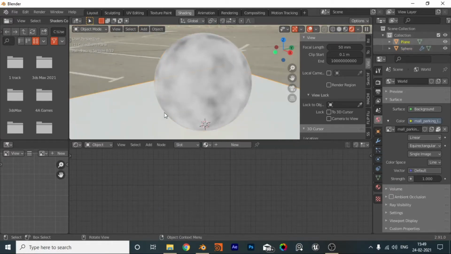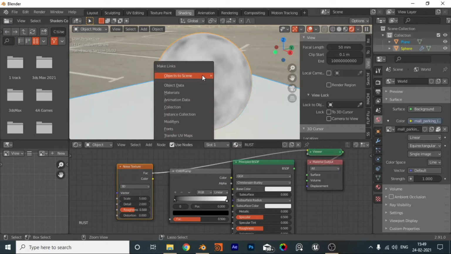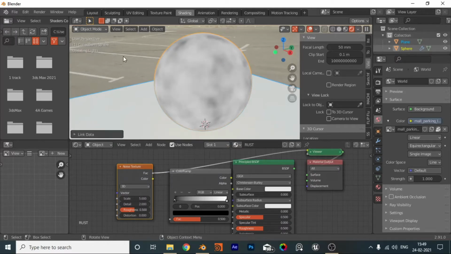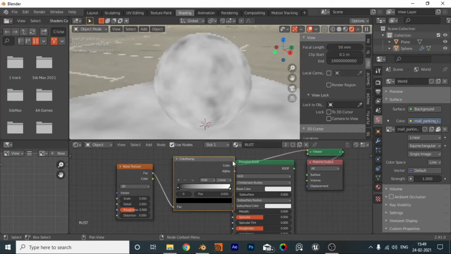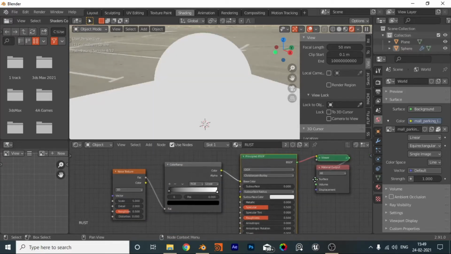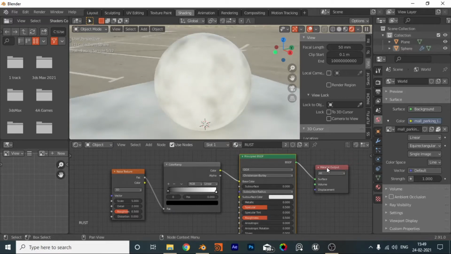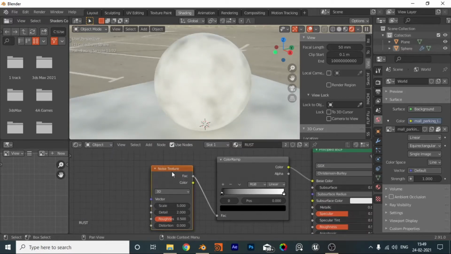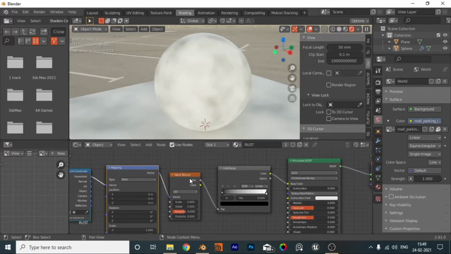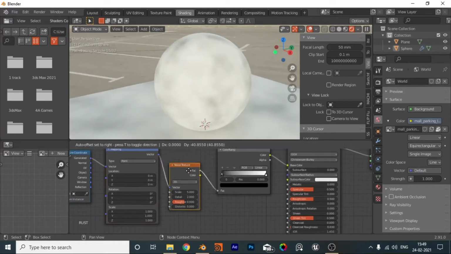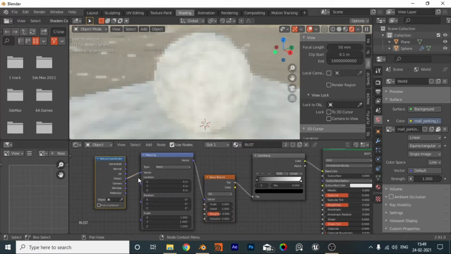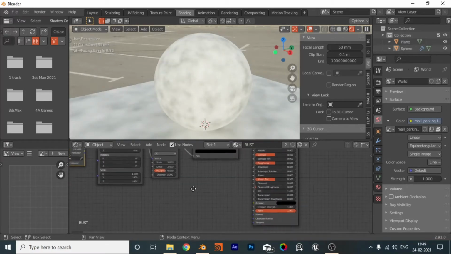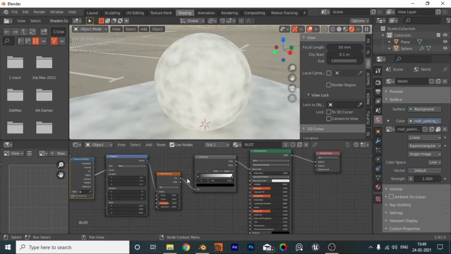Actually this is a mask, and let me just give it also the material of that thing. Now we will just add the color ramp and the Principled BSDF shader. If you have the Node Wrangler add-on enabled, just press Ctrl T on the noise texture. As you could see, I will just change it to object, or we could change it in future.